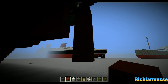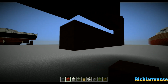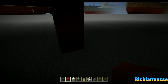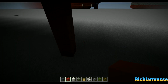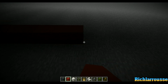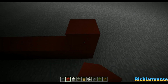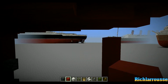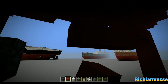And just trying to work out how to do this. So it's 4 down. And we go forward 7, so 1, 2, 3, 4, 5, 6, 7. And then down 4, I think, so 1, 2, 3, 4 like that. So it's down 4, forward 7, down 4. And then you go back, what do we want? Back 14, and then you go up 15. And then we want forward 3, and then forward 5, and